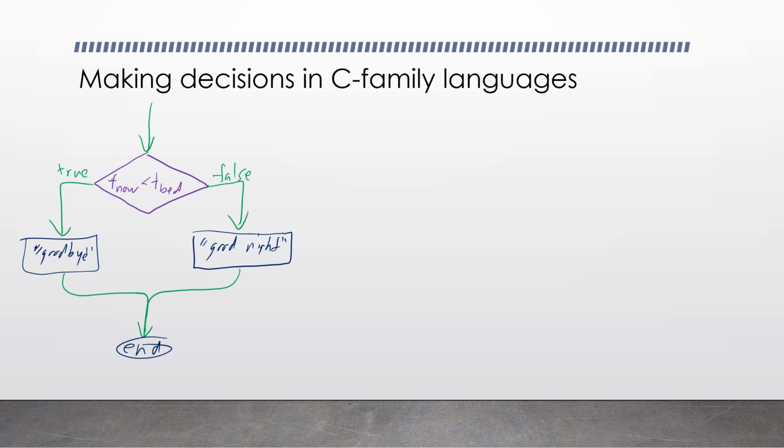How do we make this in C++? We use the keyword if, and then a pair of parentheses around the condition we're testing. So let's say I have a now time, which represents the time that I just got from the system clock. Okay, if now time is less than bedtime, and we'll assume that the user has already communicated to us what bedtime is, or maybe the computer knows best and just knows when you should go to bed. If now time is less than bedtime, then